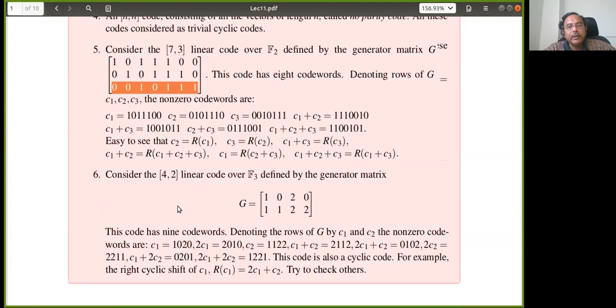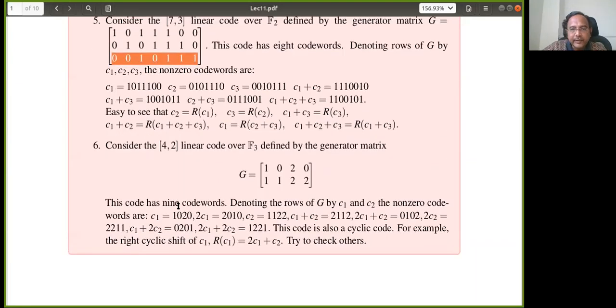So another example. I took a ternary code. So these C1, C2, all these 9 code words I explained in the previous class. But again, I request you to check that it is also a cyclic code. I hope you can do that. I gave one example also here. Is there any difficulty? Can I go forward?